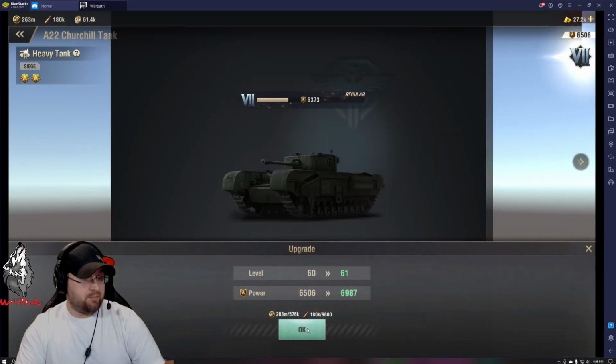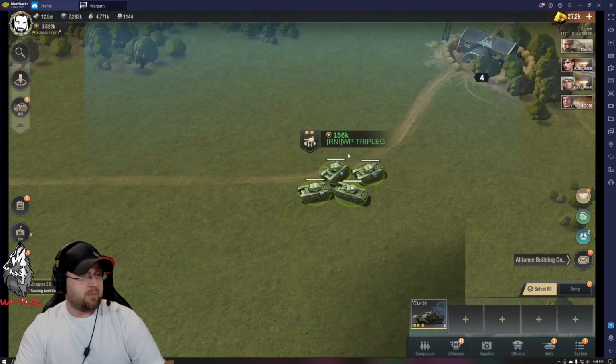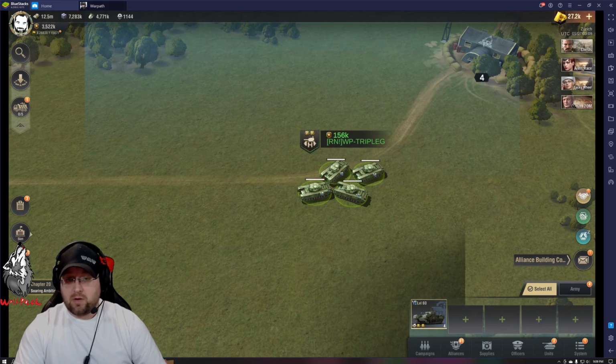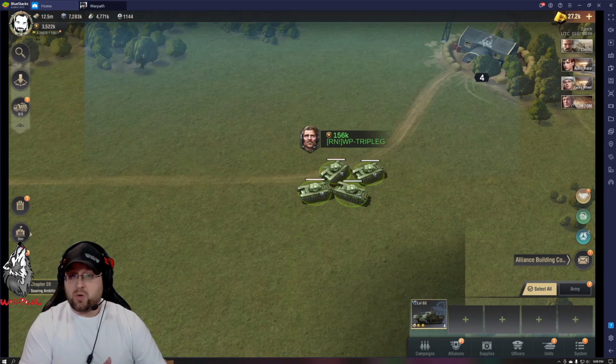Because 60 to 80 would be the next. Nope, let's not do that one. Okay, 60. So how much did we do? So we have 156k power now. Okay, so that is a difference of 104.5k power. Before, we only got 50k power out of uploading the parts, now just boosting it up,